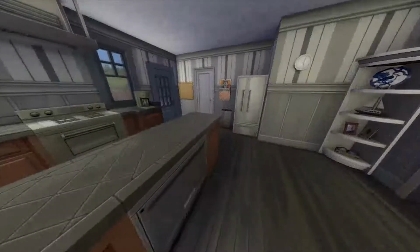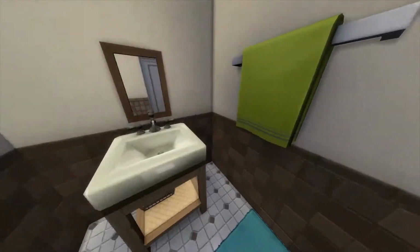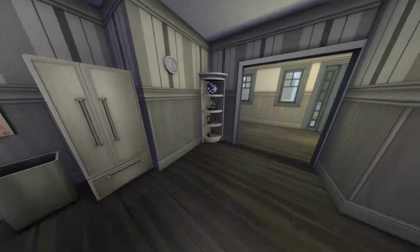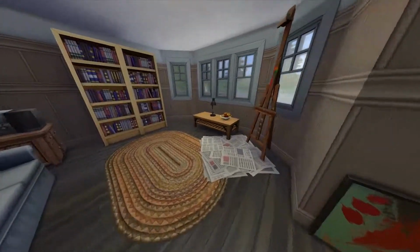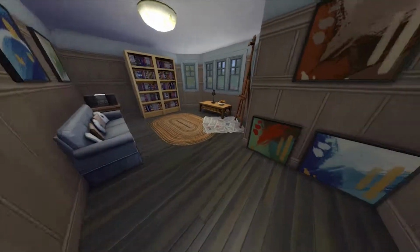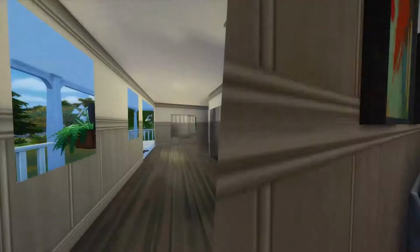Come on now. In here is a little powder room, I would say. I like it. It's cute. I'm going to keep it as a powder room, I think. They don't need much more than that as of right now. In here is sort of a living room area, I suppose, like an art area. I think it's Brent, one of them is an artist. So what I'm probably going to do is make this their new office space with the easel and stuff, because